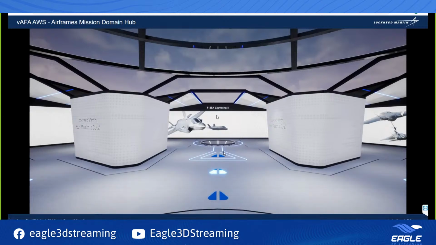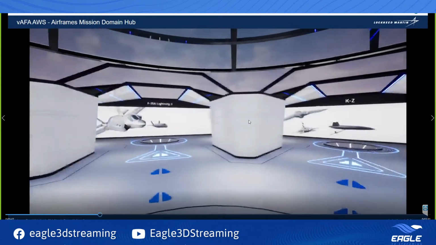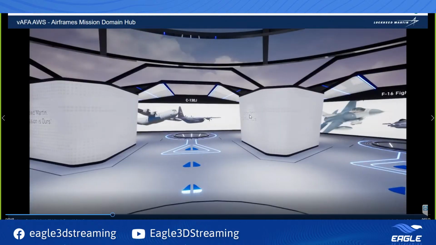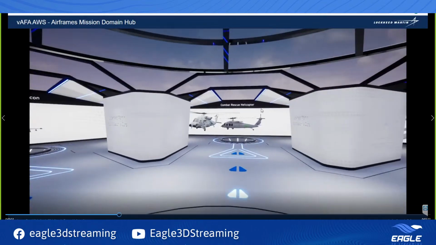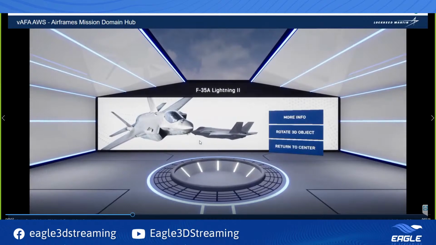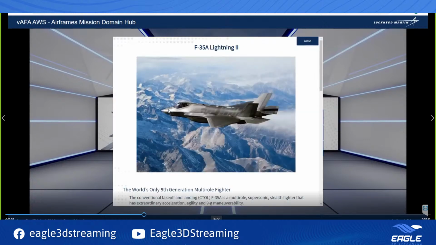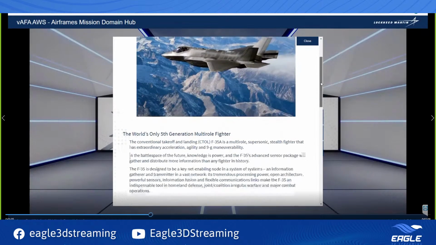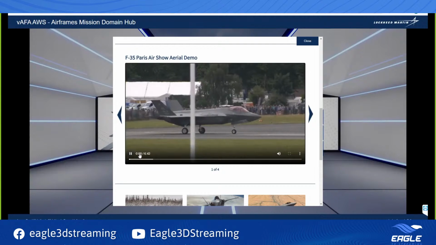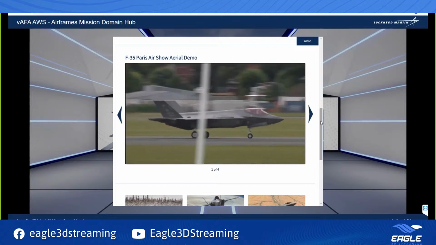Okay. Well, we decided that it would be best for the environment to be circular so that we could navigate the environment very easily. We can move around with our mouse at this point, just looking around. And we have 3D models at the end of these corridors, what they wanted to showcase at this event. You click to go forward, and you get some button options. And when you click on a button around the 3D object, this is where our information, our content pops up. One of the best things about this is that all of the content works without a hitch.